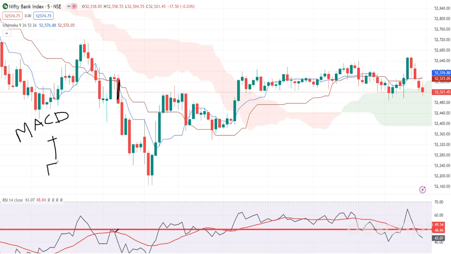If you can have a knowledge of this option chain, then your probability of winning rate drastically increases. This is what I'm trying to show you guys. So if you are able to use this cloud with RSI, and use the cloud with MACD, that gives a winning ratio on the higher end.